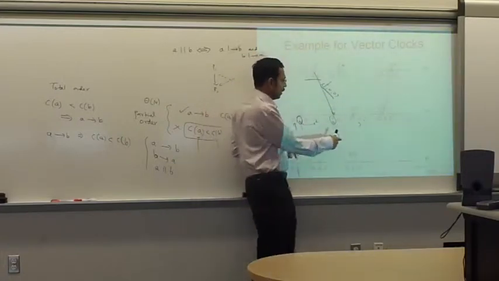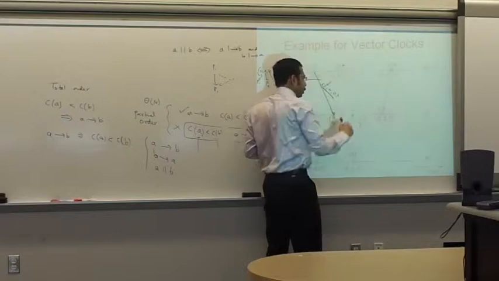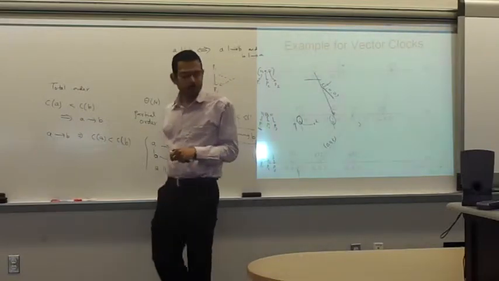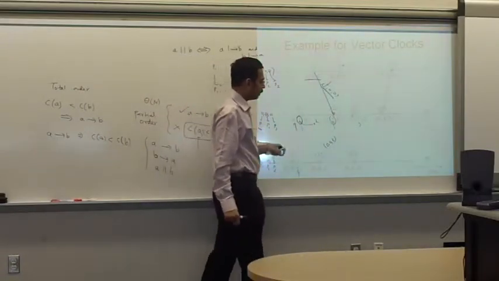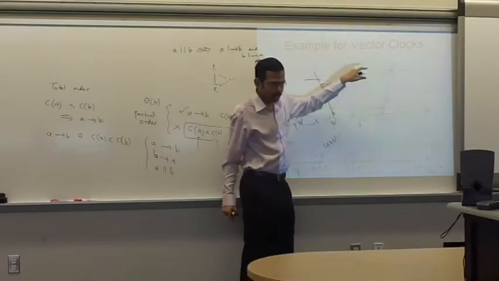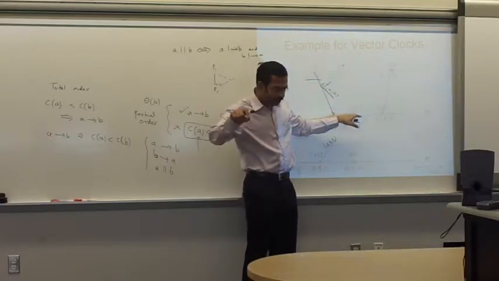And now let's look at this. This process is sending a message to this process. So how do you assign the timestamp of this message? You increment your own